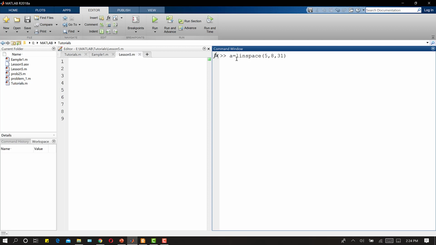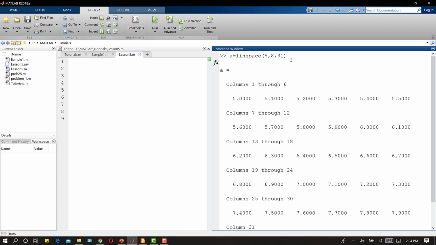Whenever you use a function, round brackets are always used in front of the function, so never use square brackets in front of a function. First element is 5, last element is 8, and the number of elements between 5 and 8 is 31.